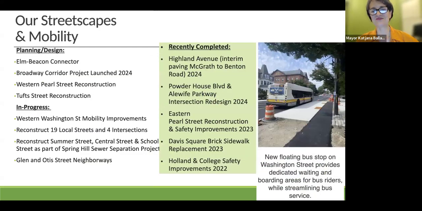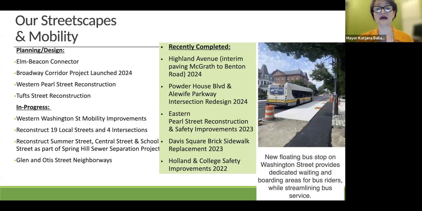But because this is Somerville, we don't just repave roads. We plan full streetscape redesigns to meet our community needs. We just completed phase 1 of Highland Ave. I know it seems like it took forever, and that's partly due to the pandemic. It's also because we upgraded the sewers and other underground utilities first before putting down interim paving.